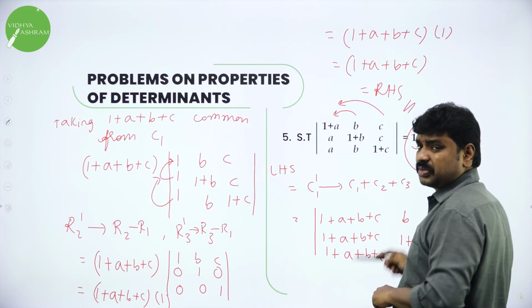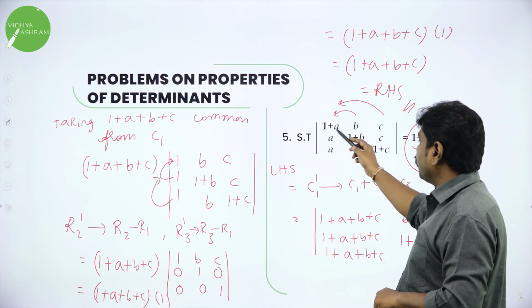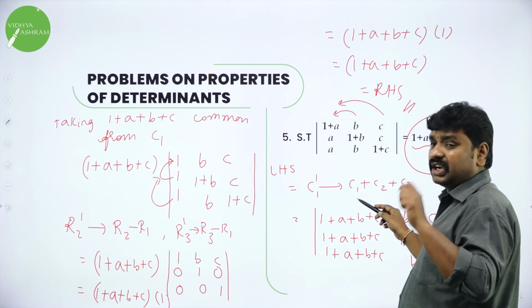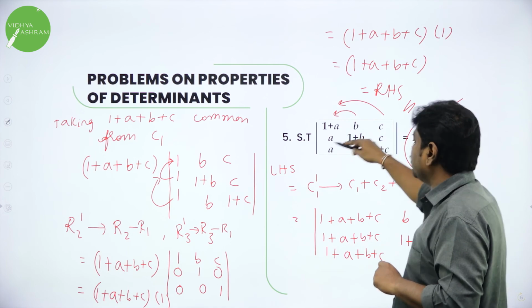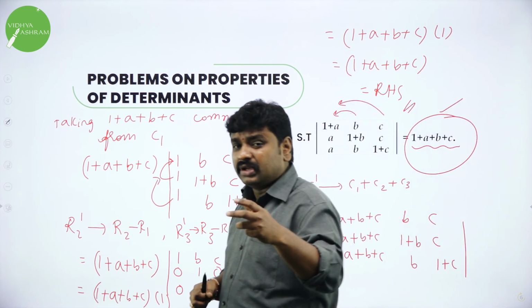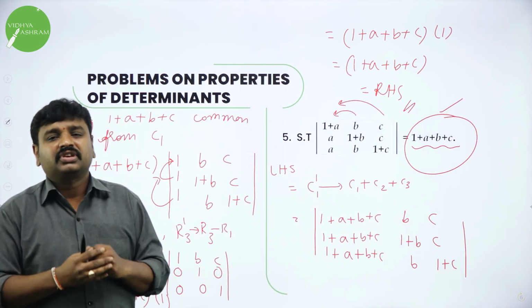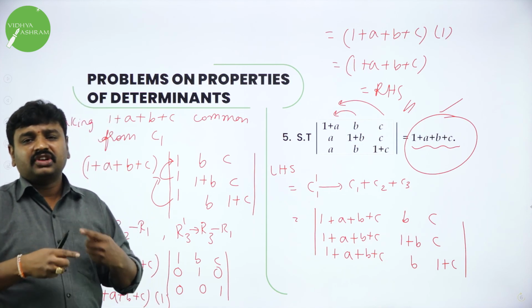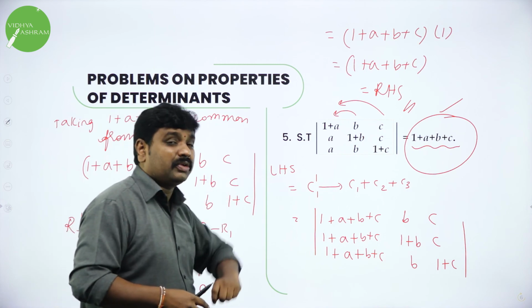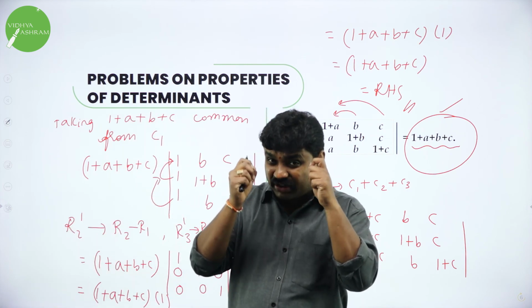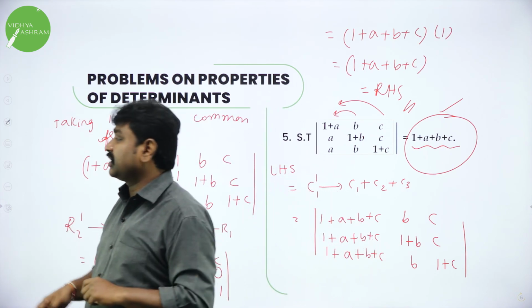The RHS is 1 plus a plus b plus c, right side. So I have 1 plus a plus b plus c, and I will get it if I do this. This is the decision. Decision making depends on the RHS and the arrangement of elements. In every problem we will do different transformations. As you practice more and more problems, you will become thorough. Today we have done exactly 5 problems. I request all of you to become thorough with these 5 problems and attend my next session.